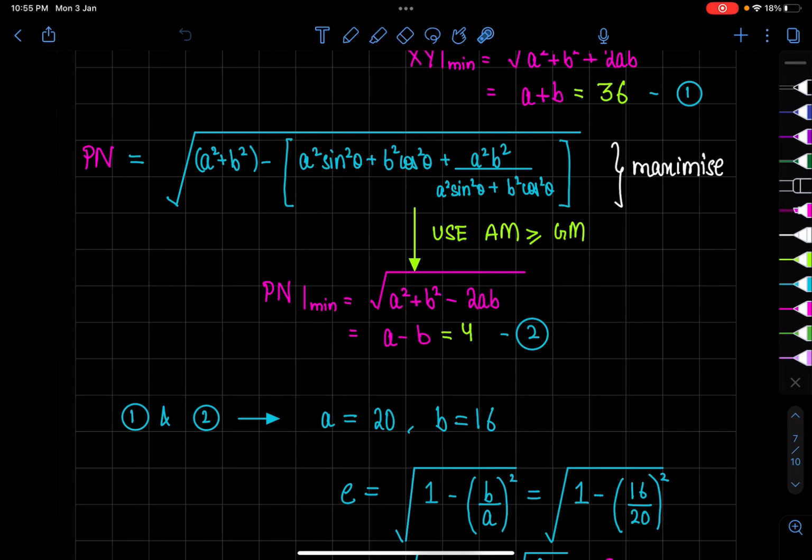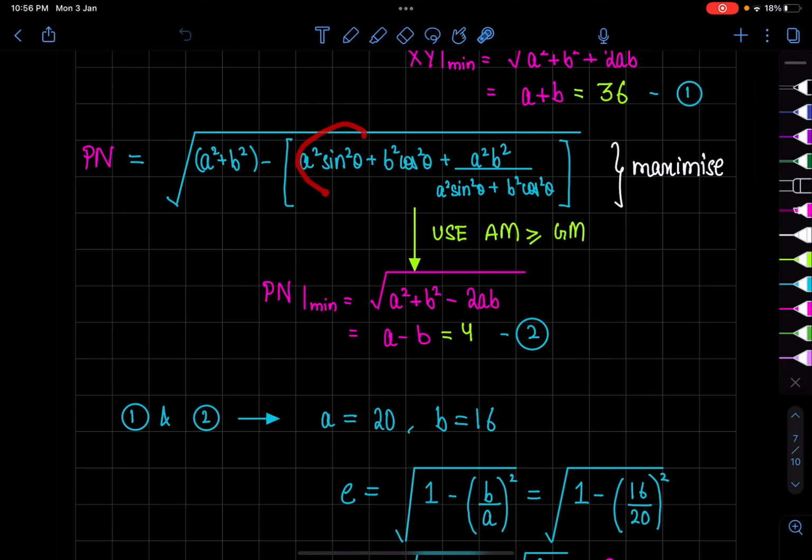And again, you can maximize it using differentiation and all that, but I personally find it to be a little bit lengthy with terms in such high powers involving sine theta and cos theta. So again, you can use that method if you are comfortable in it, but I preferred using AM GM inequality here.